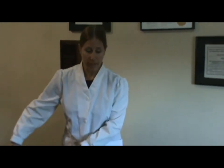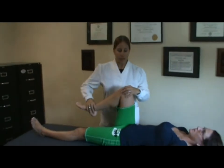The second test is called the posterior provocation test, or P4. It has also been shown to have an 87.5% inter-examiner agreement, making it a very reliable tool for the diagnosis of musculoskeletal pelvic pain. This test is performed with the patient in the supine position, the hip is bent at